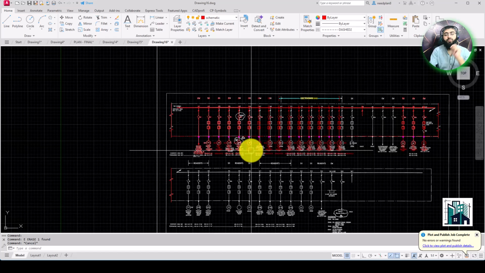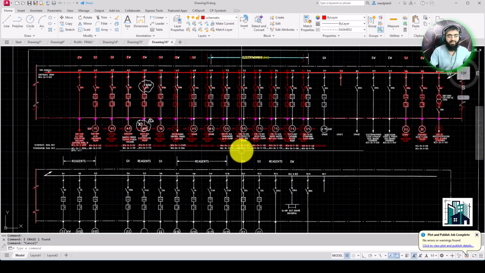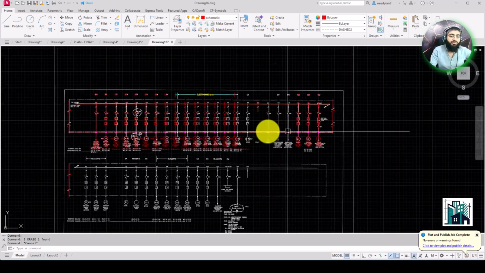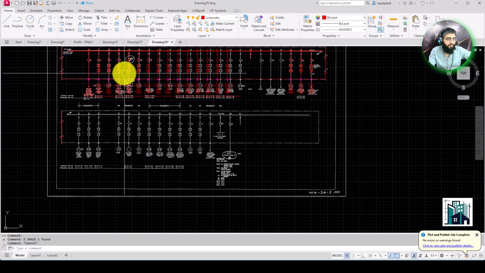You'll have to follow proper distance, proper zero angle or 90 degrees or any, means you'll have to follow the procedure that I showed you in this video. So you can create any type whatever you want using this draw tool, modify tool. Yeah, so in this way you can create this rectangle and everything.